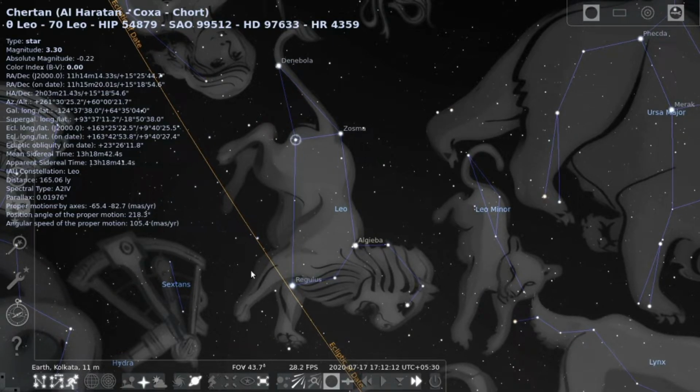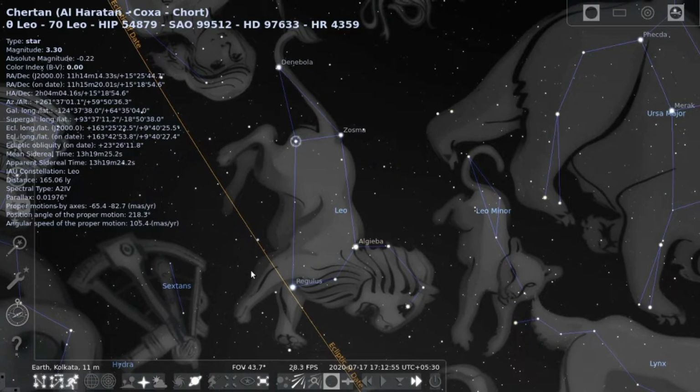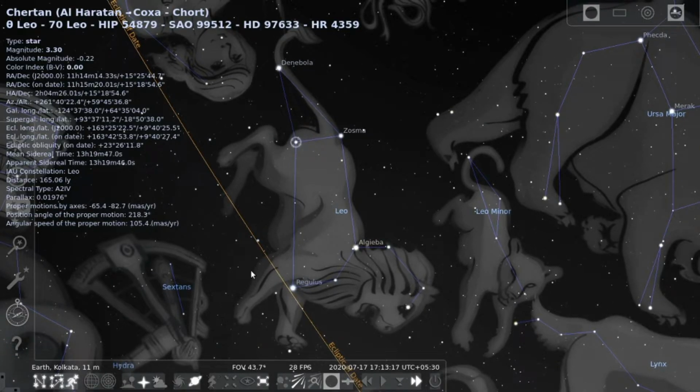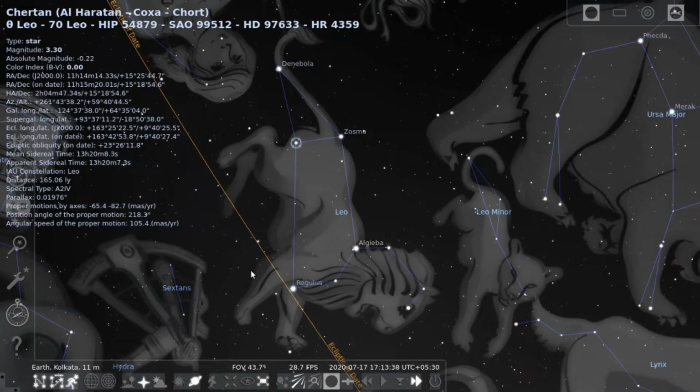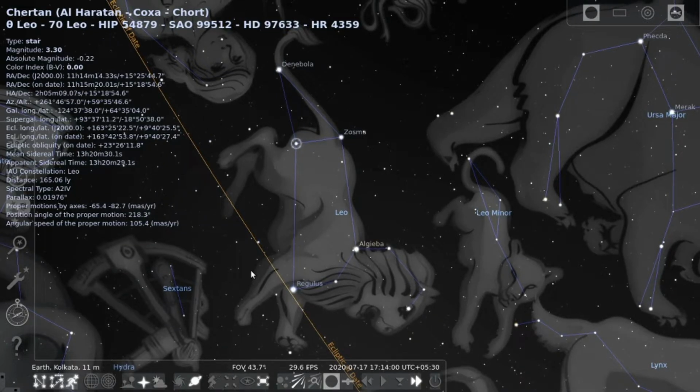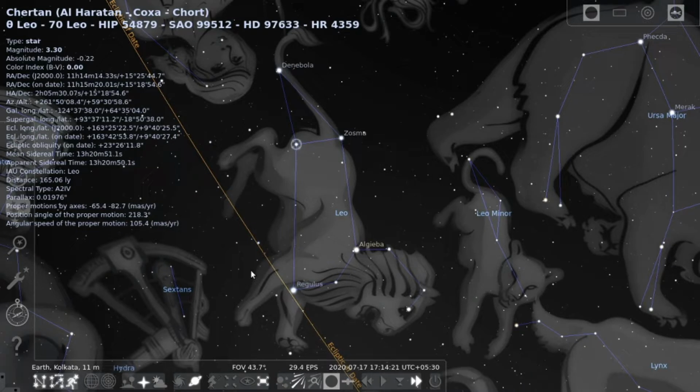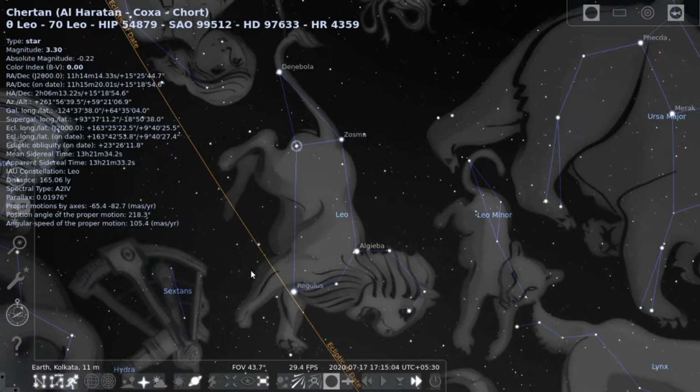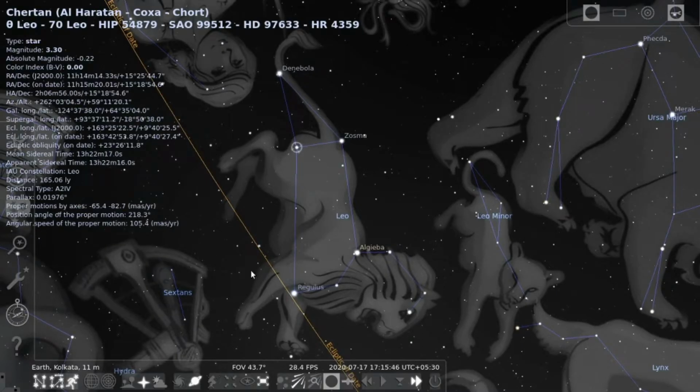After that, there is no save option in the Stellarium software. So instead of saving, we can make use of a screenshot. On your keyboard, at the top, you can see the print screen key. Just press that print screen. So there is no save option.